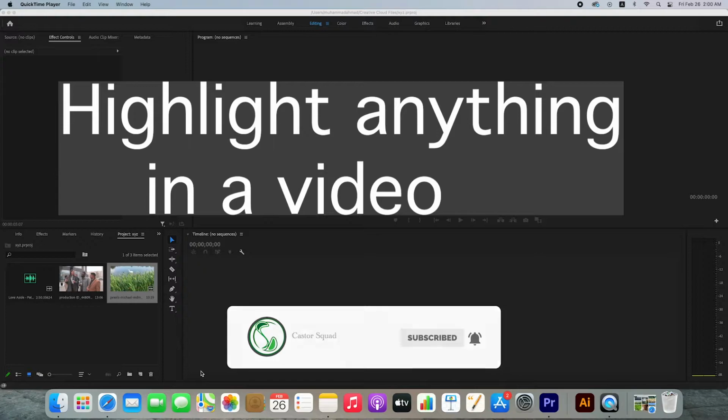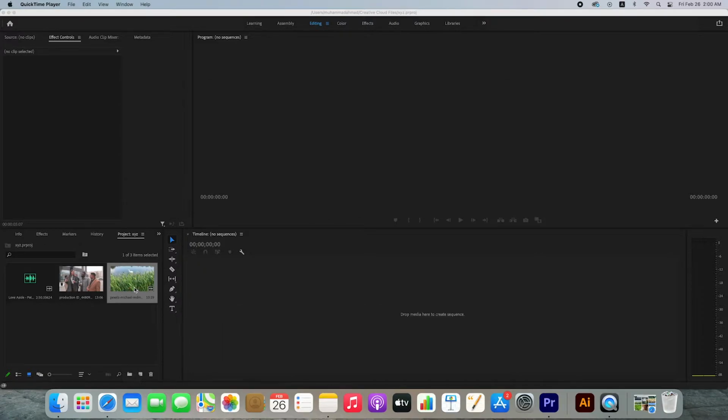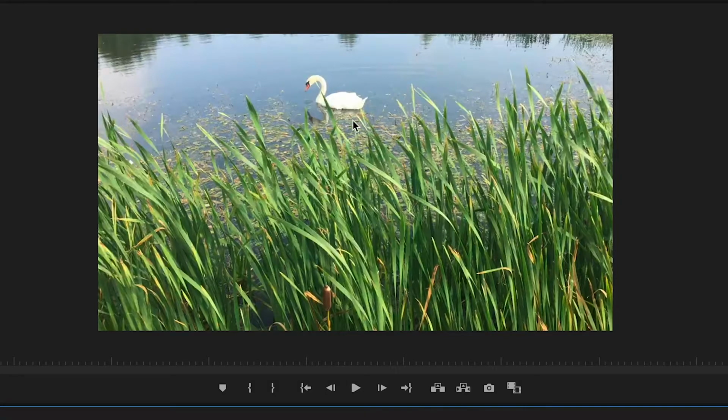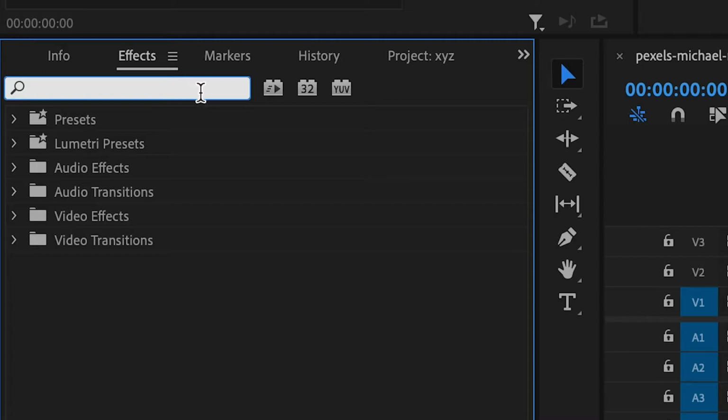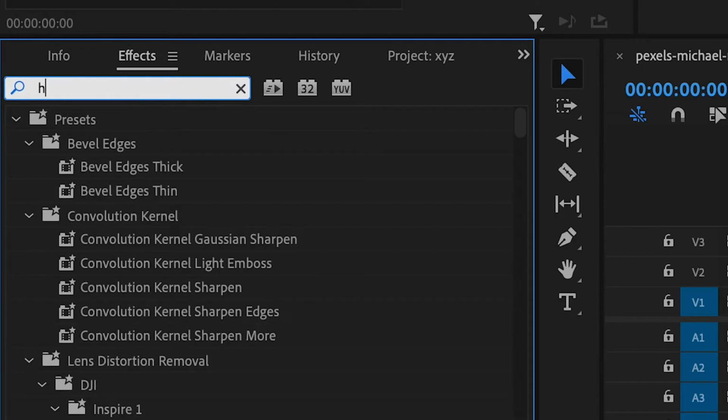Let's start the video. So first drag and drop your footage in timeline. Suppose in this footage I want to highlight this duck. So just go to effects and here type HLS